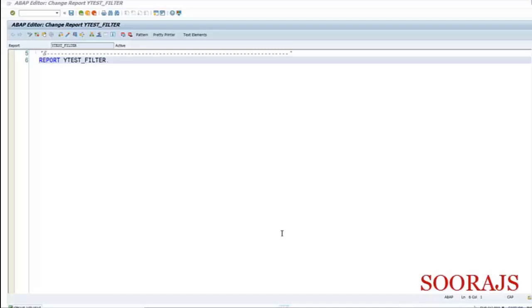You can also do the same thing using a for operator, about which we have discussed earlier. So if you haven't watched my video on for operator, you can go back and watch that video. This filter operator is specifically designed only for filtering of internal tables, whereas a for operator has various use cases, and filtering may be one of those use cases. But the filter operator is specifically designed for filtering.